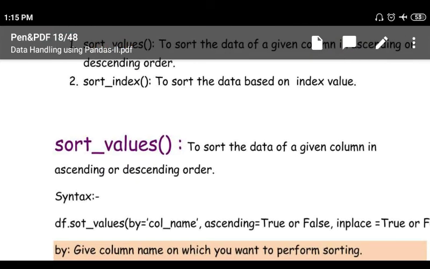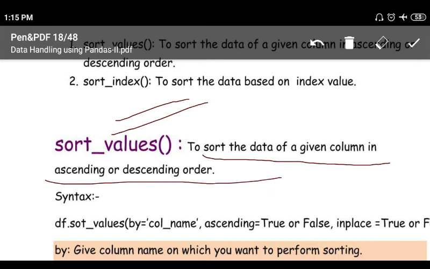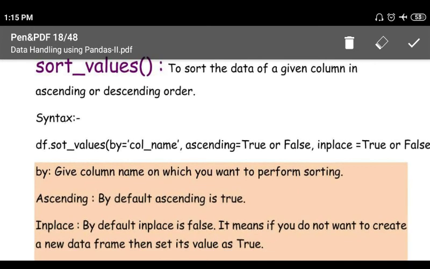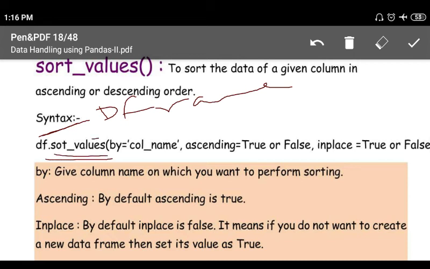sort_values is a function which is used to sort the data of a given column in ascending or descending order. What is the syntax? Let us see. This is the syntax. df is the data frame name, our data frame. sort_values is the function. by is a keyword.